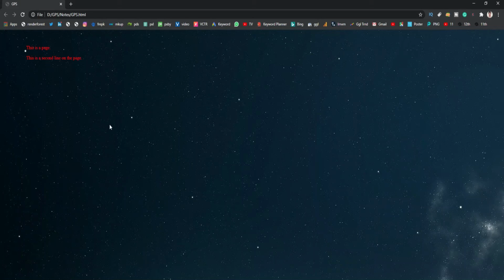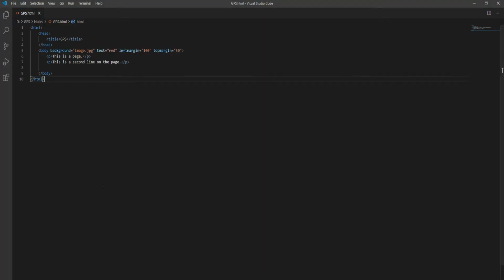Let's suppose we want to set the alignment of this tag. It means we want to set this in the center, or in the right position. Then how can we change it? We have to write style equals to text-align, and write where we want to set this alignment: on the left, on the right, or center.